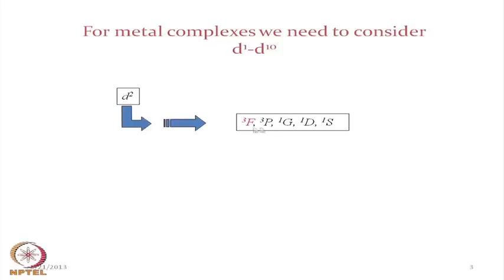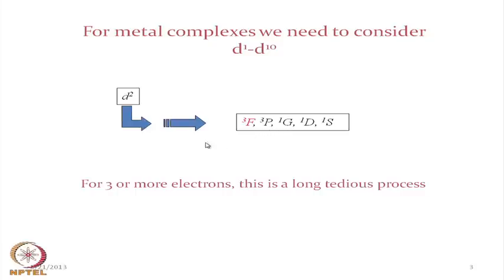So, for these we have two triplet states, one is 3F and another is 3P, and then 1G, 1D and 1S levels, which is also true for d8 electronic configuration. For three or more electrons, there is a long, tedious process for determining these particular term symbols for the different electronic configurations. So, if we know the corresponding terms in various electronic configurations, we see that we have the different terms